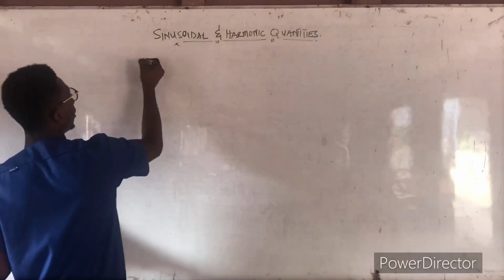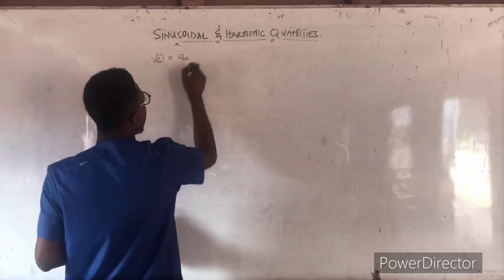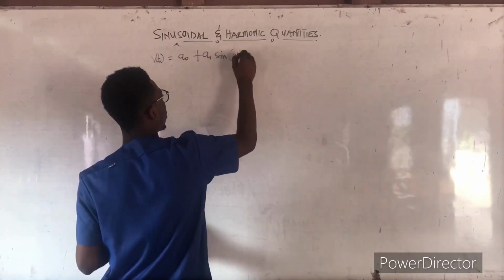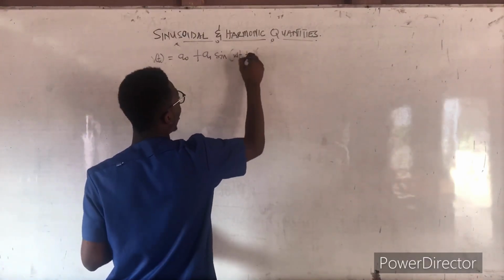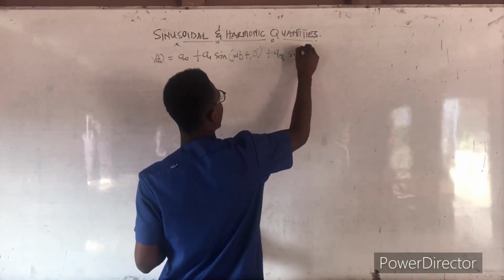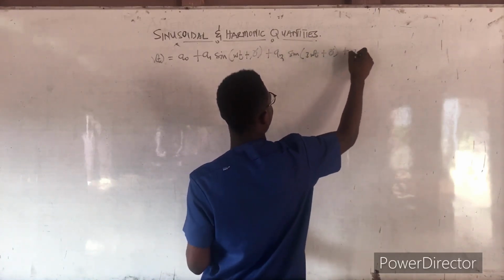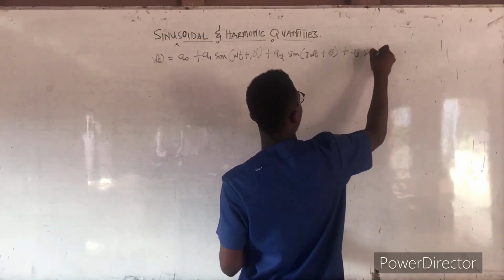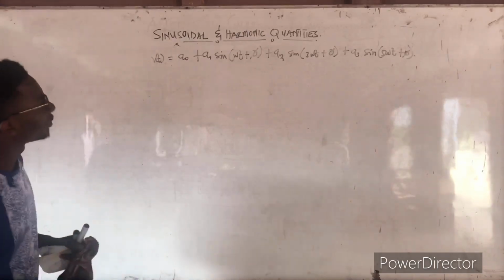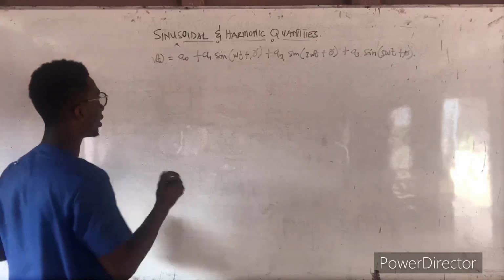Assuming you have a quantity A0 plus A1 sine of omega t plus a phase angle, plus A2 sine of maybe 3 omega t plus a phase angle, plus A3 sine of maybe 5 omega t plus a phase angle, and you are asked to find the root mean square of this harmonic,